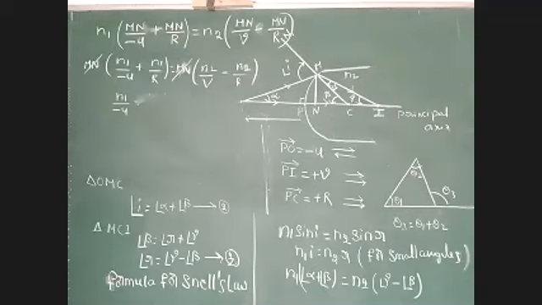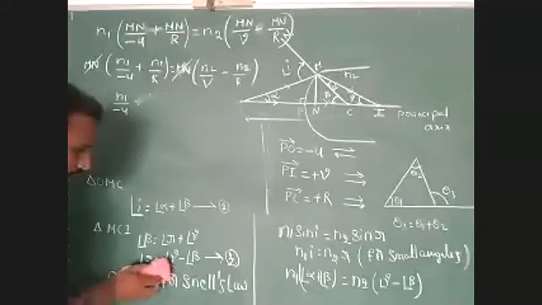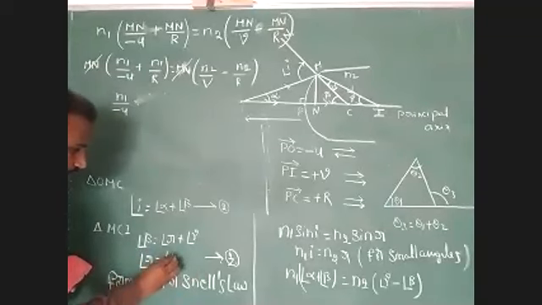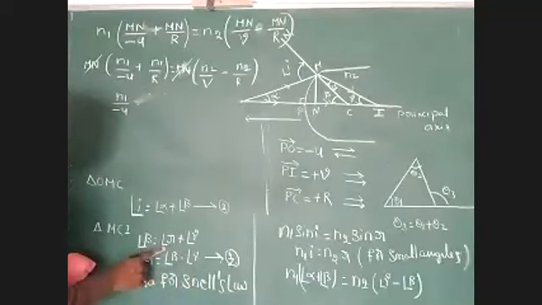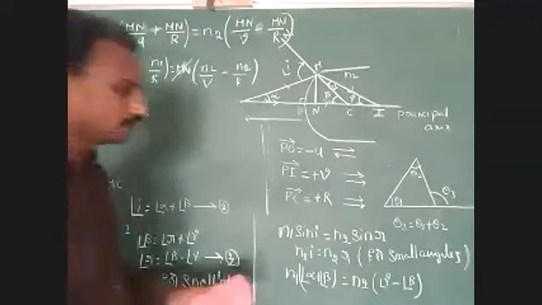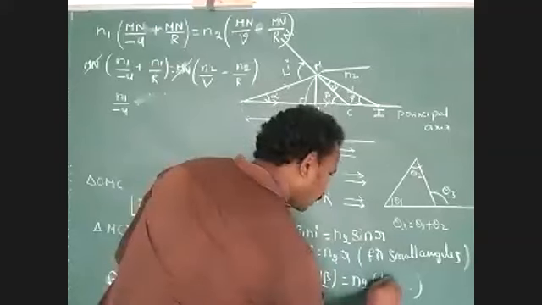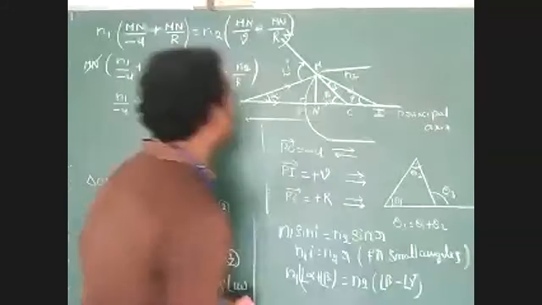Angle gamma minus angle beta. Note down these points first. Just observe here: angle gamma minus angle beta is a mistake only. Angle beta minus angle gamma is the correct one. Angle r equals angle beta minus angle gamma. That's our mistake, we have to change it. Angle beta minus angle gamma.